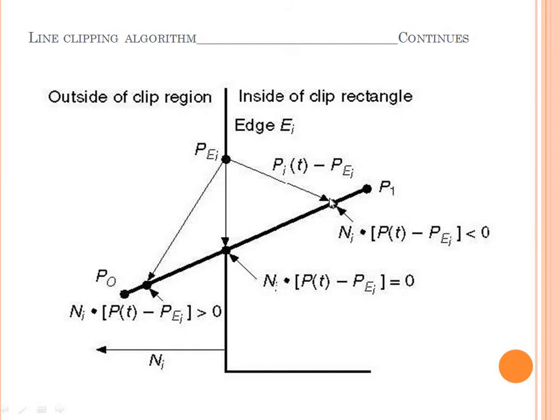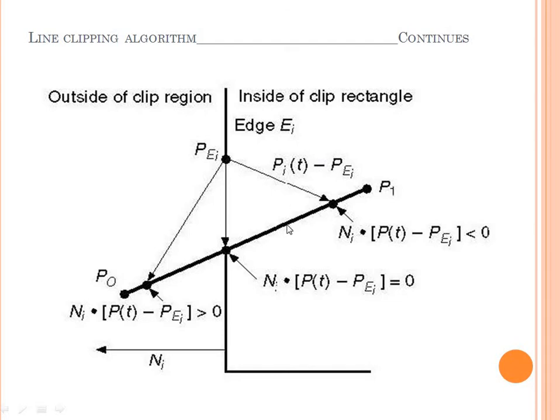So the dot product is less than 0, and C is inside the boundary. We only look at the distance vector direction and the normal direction. The angle is negative, so that's why the dot product is less than 0. Then C is inside the